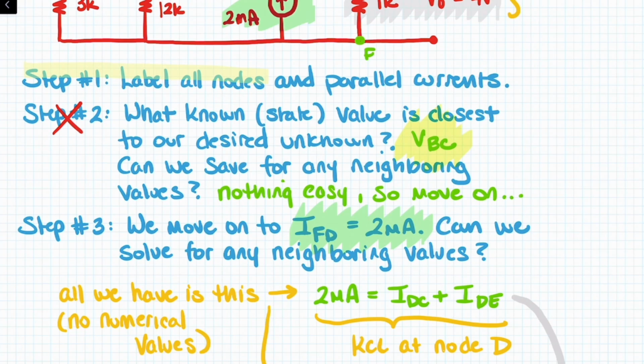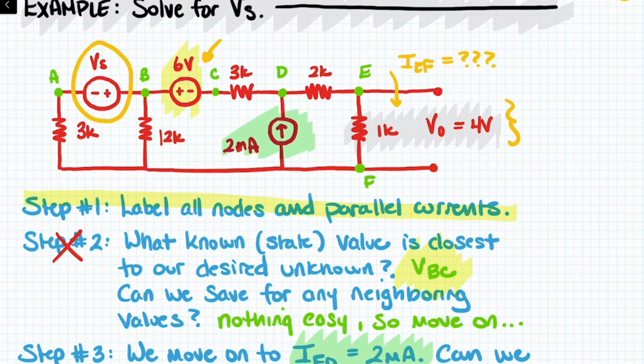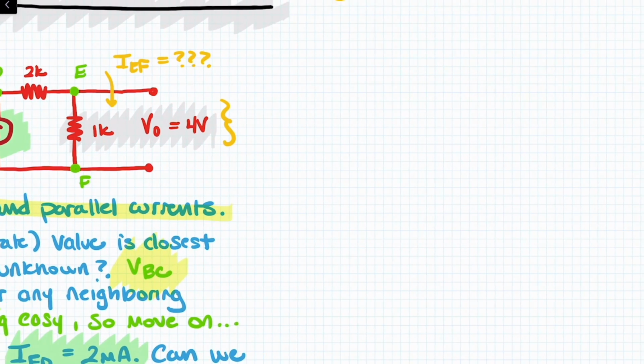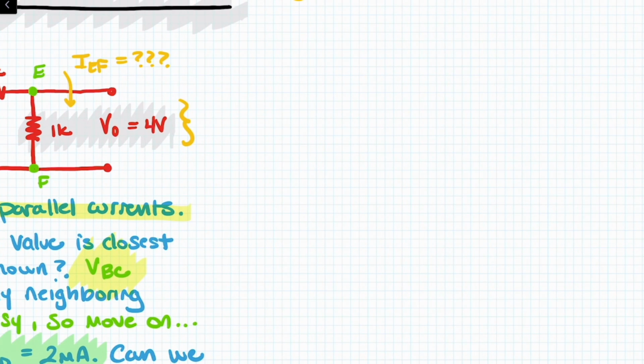We're taking these steps largely from the advice that I gave above. We want to label all the nodes and parallel currents. That's done. Nodes A, B, C, D, E, F. I didn't really have a need to label any parallel currents. What do I mean by that? So normally,